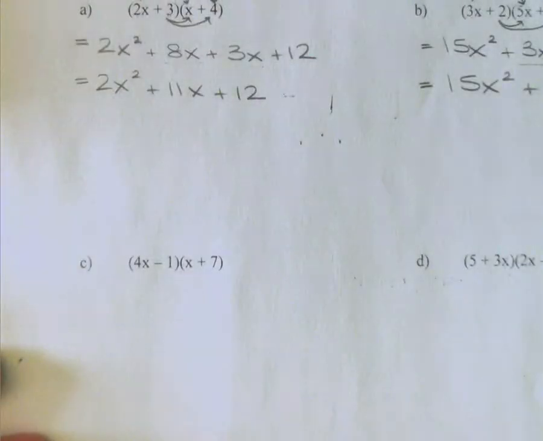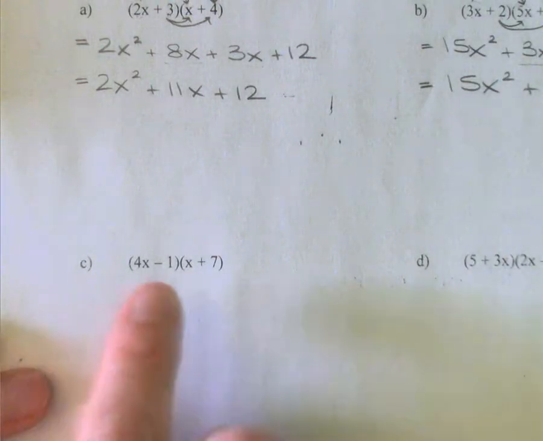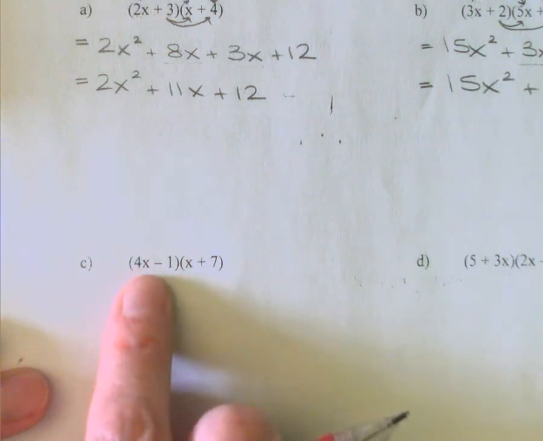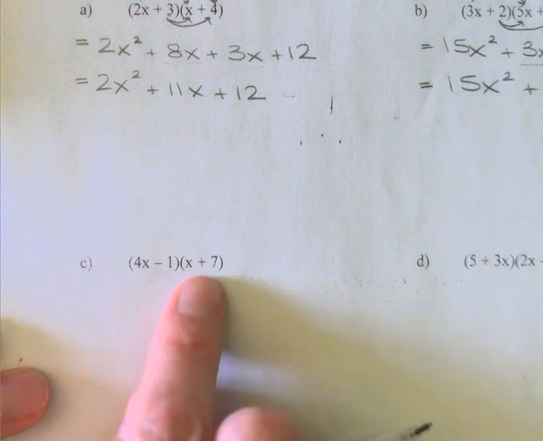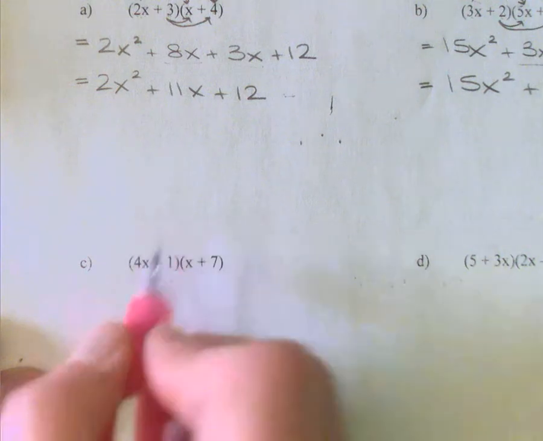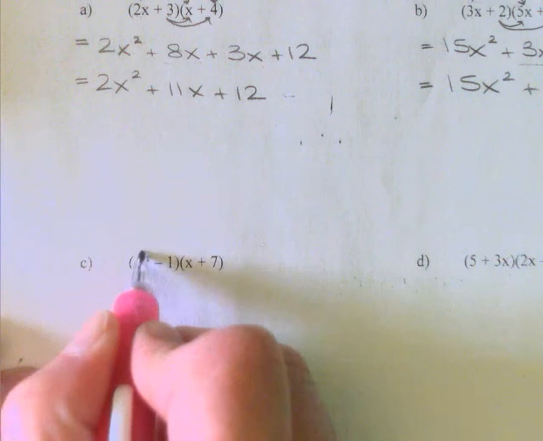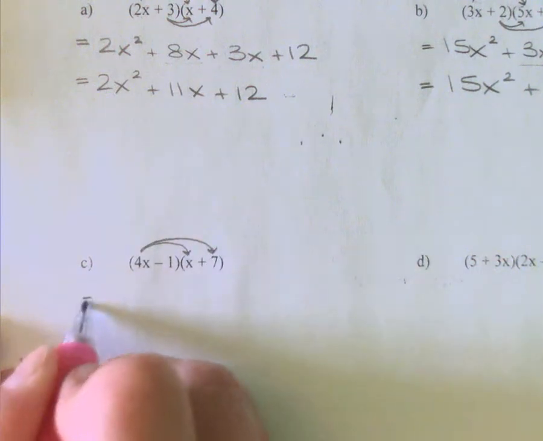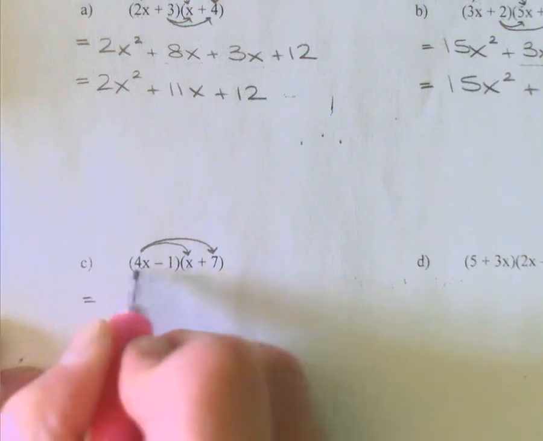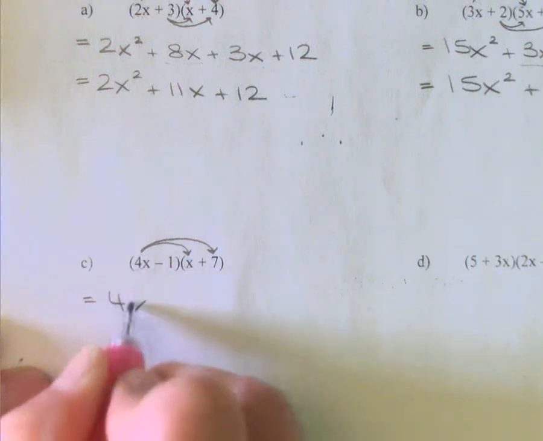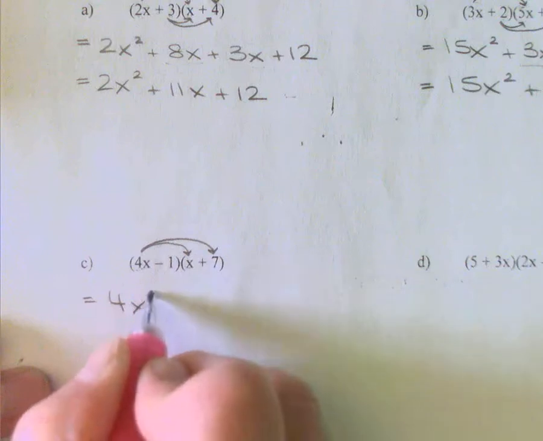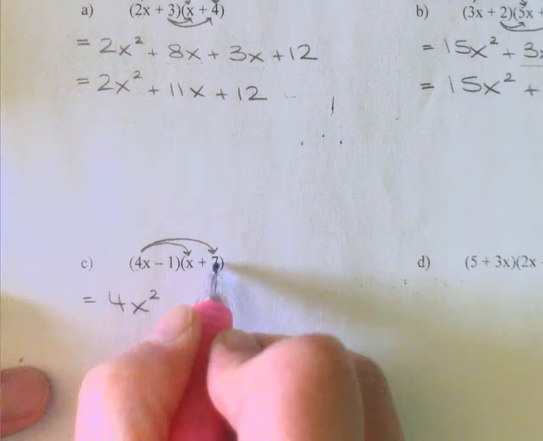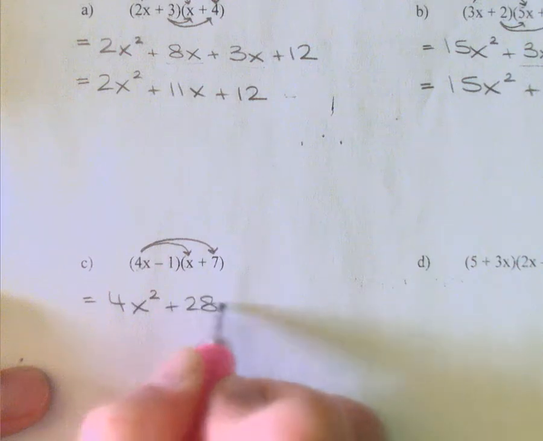If we do the next one, same thing. There's no plus or minus between the brackets. So I'm going to multiply everything in this bracket with everything in this bracket. So I'm going to start with 4x, and it's going to multiply by x and by 7. So 4x times x means 4 times 1 is 4. x to the 1 and x to the 1 gives me x squared. 4x times 7 is 28x,